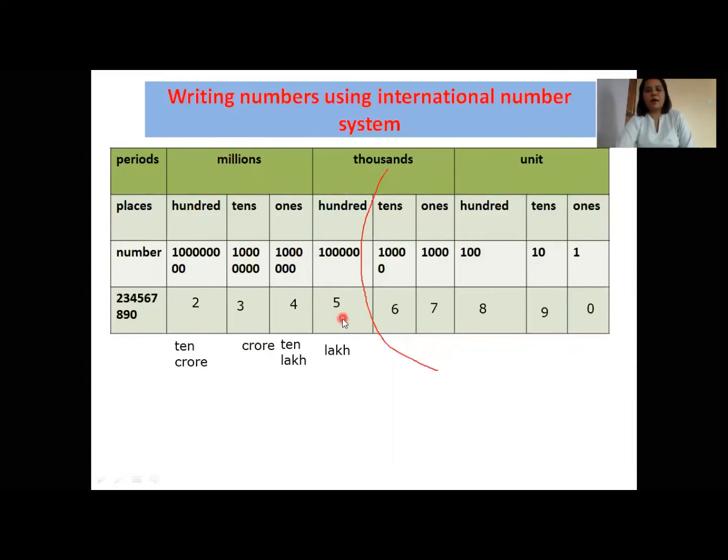Now we use commas to show the places of the digits in the number. So we'll count the number from our right. This is our right, and this is our left. So we count the number from our right to the left. We count the first 3 digits from the right. So this is our first 3 digits from the right, and we place a comma.